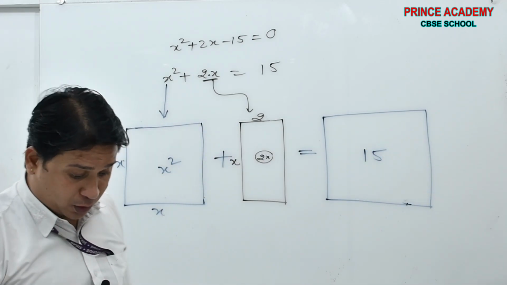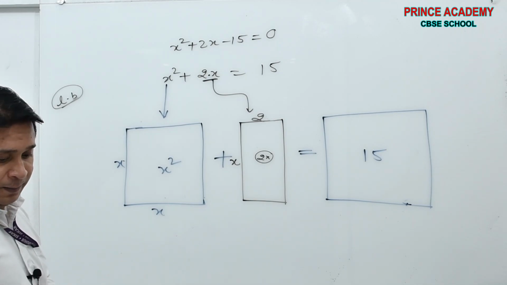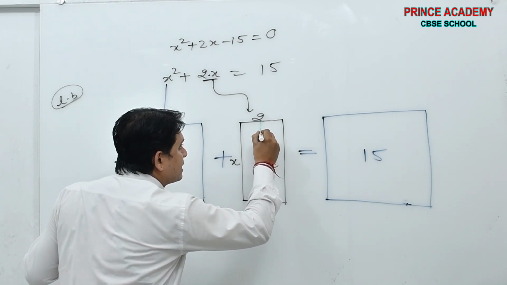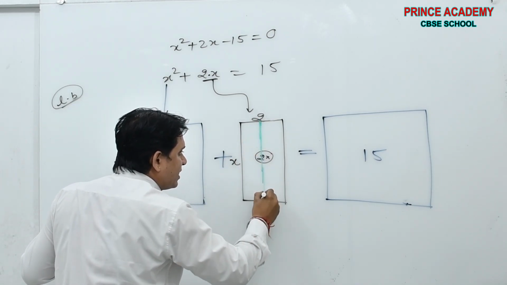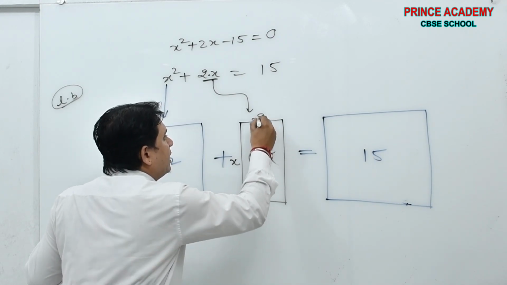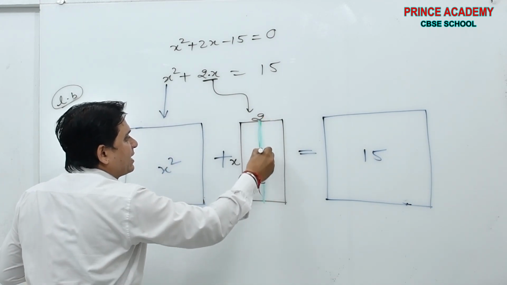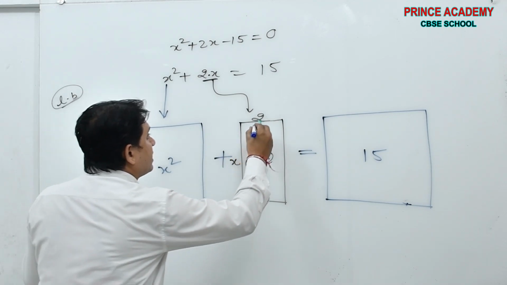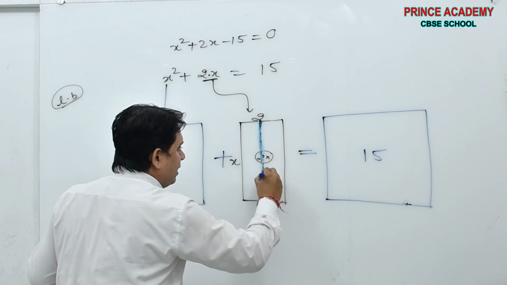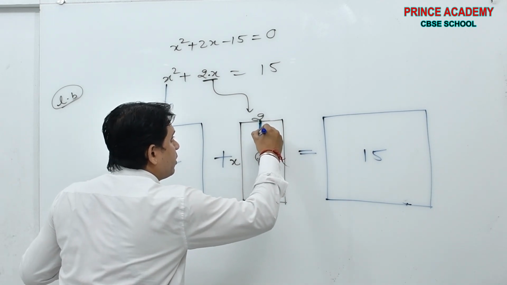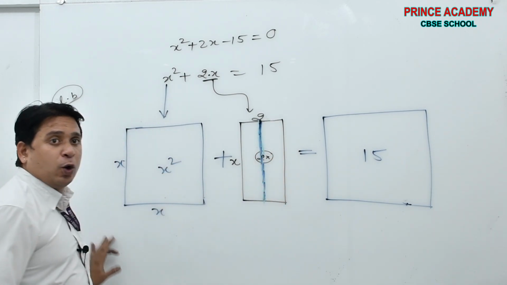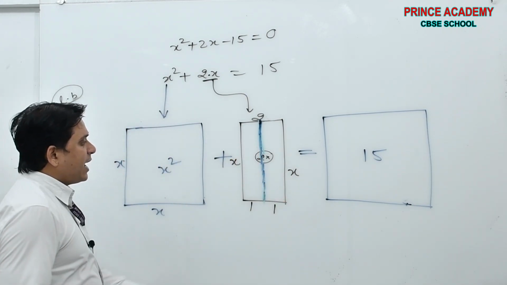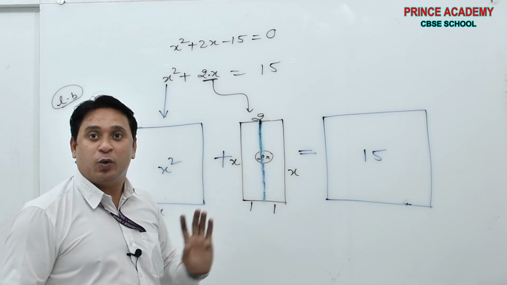Okay, done it. Now see beta. Now everyone see. If I break this, I think you can see it very easily. What we did, coefficient of x, its half. Okay, what will you get? I am breaking with this. I think it is more viewable in the camera. Into two parts, two equal parts. Now what will it be? 1 and 1. This area is 1 into x. This rectangle is 1 into x.